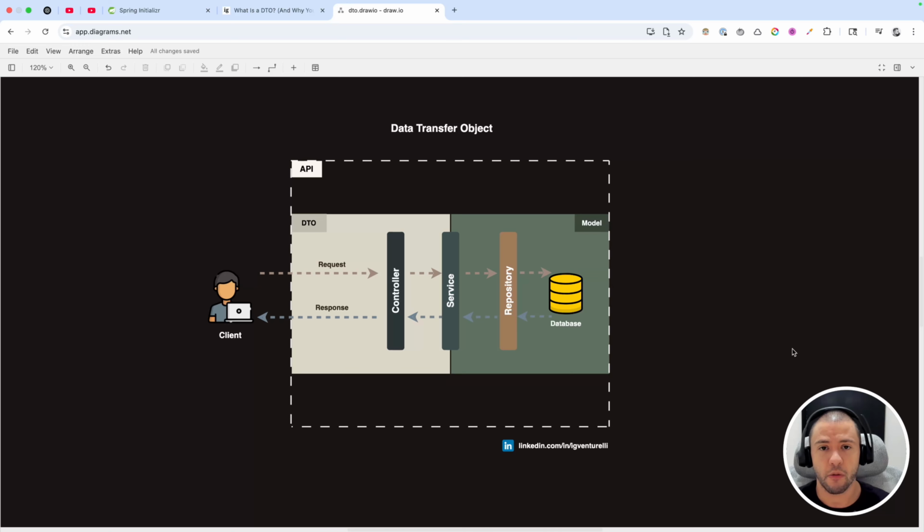But in the first part of this video, we're going to see first what is DTO, data transfer objects, and why we should use that. And in the second part of the video, we're going to see how we can implement, how we can use DTOs on our Spring Boot application. Let's get started. So as I said, the first part of this video is to give you some concepts about